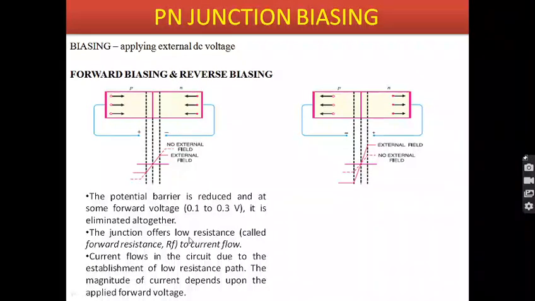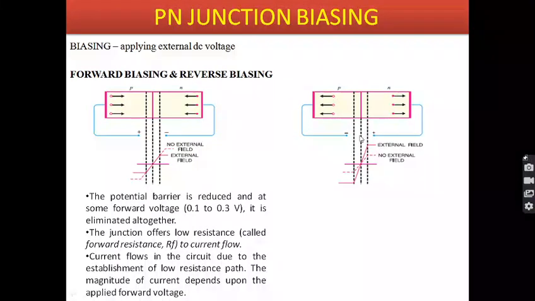Now the junction, once the applied voltage is further increased, the depletion layer disappears and the junction offers a very low resistance, say the forward resistance, to the current flow. Now the current flows in this low resistance path, and the magnitude of the current hereafter depends upon the magnitude of the forward voltage. And coming to the reverse biasing,